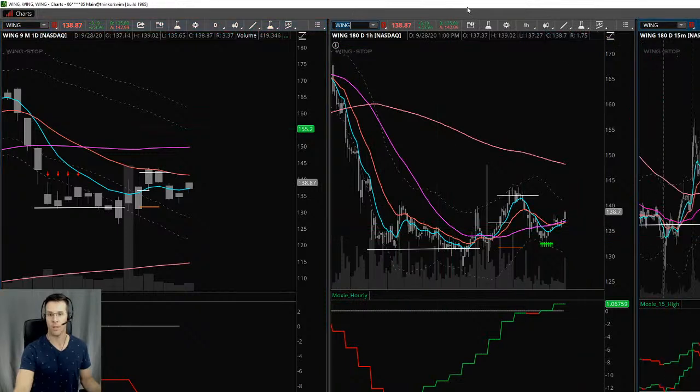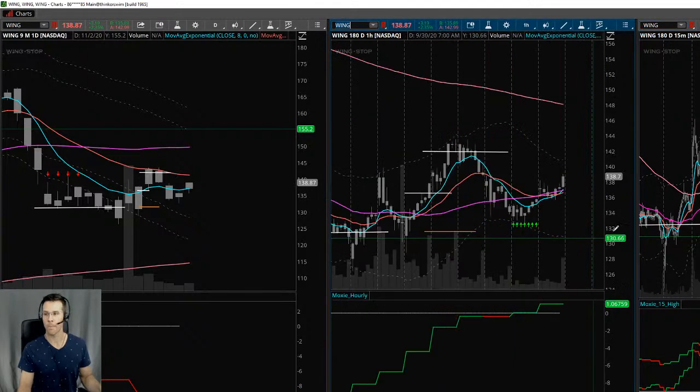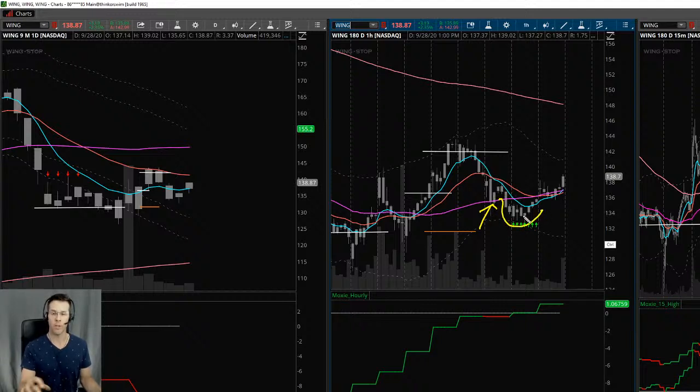I love using these kinds of things because this shows you what I'm expecting. So you can see here that on the daily chart, price ran up there, hit the underside of the daily 21, and same thing. Price was really overbought here on the hourly chart, and what did it do? If we zoom in a little bit further here, what I can see is price came down and hit the hourly 50 exactly, bounced a little bit, and then actually went underneath. I wouldn't be surprised if this or something like this happened with the market.